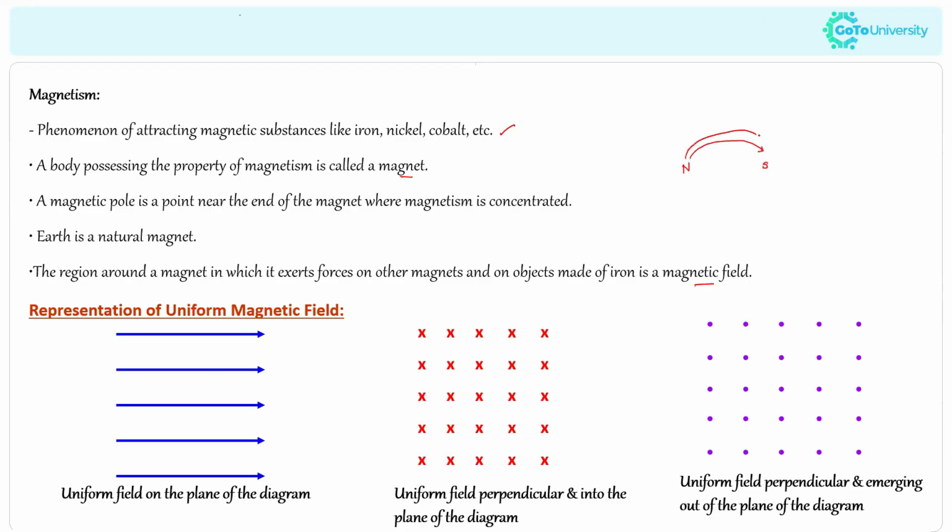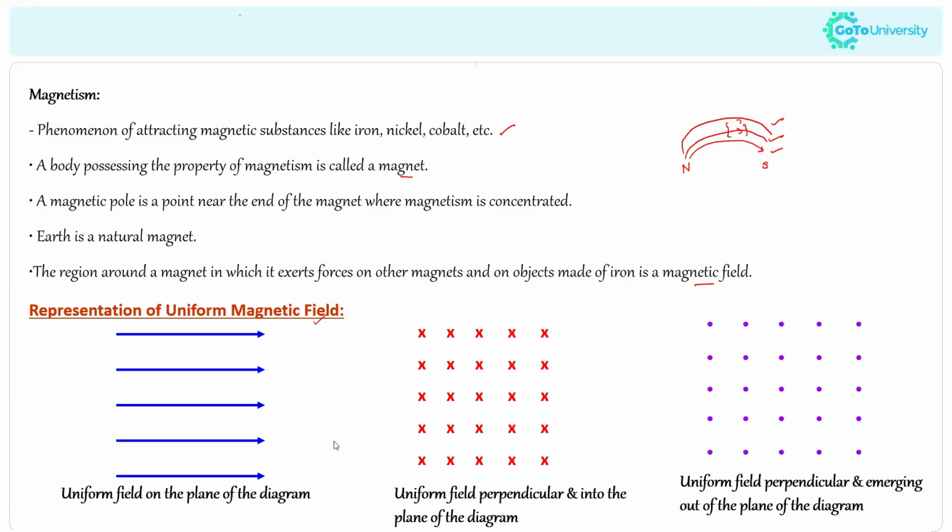So there will be so many magnetic lines, right? Based on the magnetic lines, if the lines are close together, we can say the magnetic field strength is very high there. If they are far apart, then we can say the magnetic field strength is very low. So this is all about how we can represent magnetic field strength by using magnetic field lines. Now, I will tell you how to represent the uniform magnetic field and the non-uniform magnetic field, or else with respect to the direction.